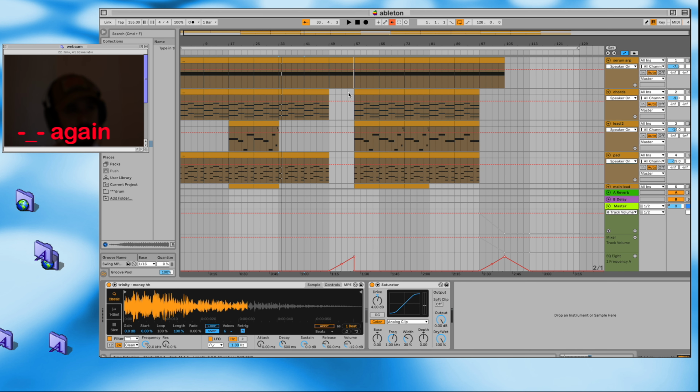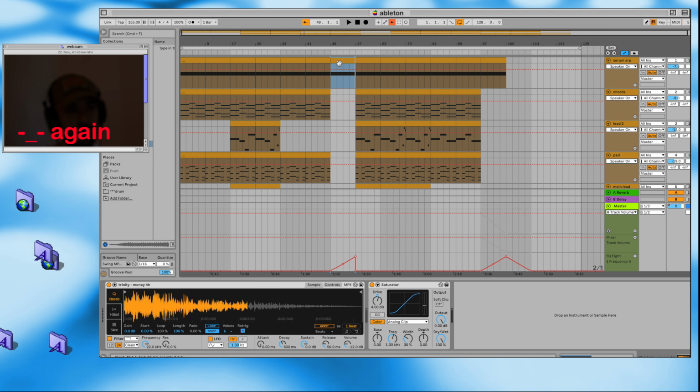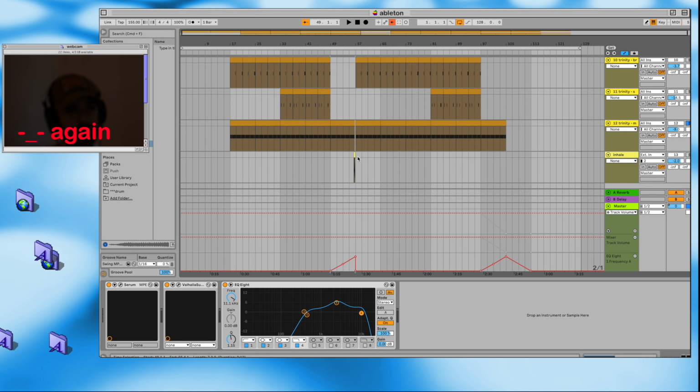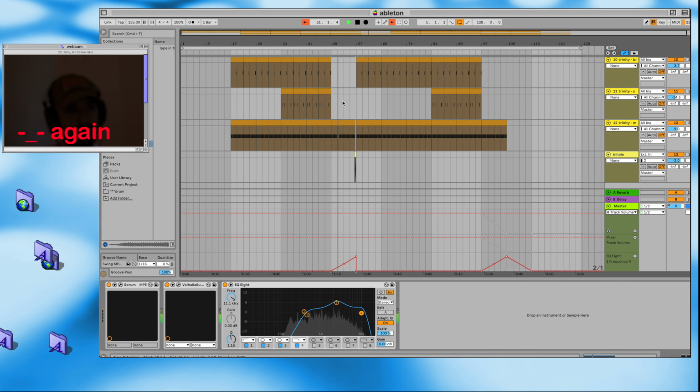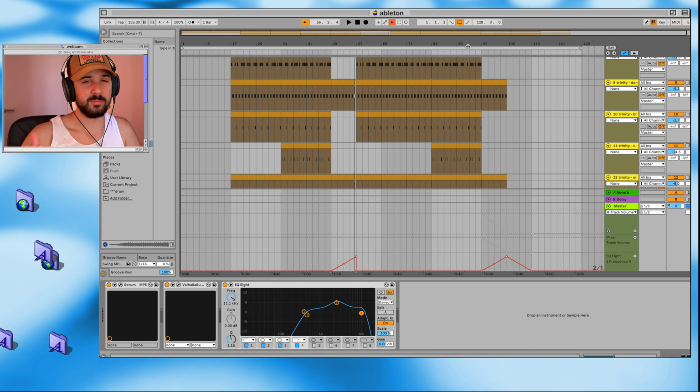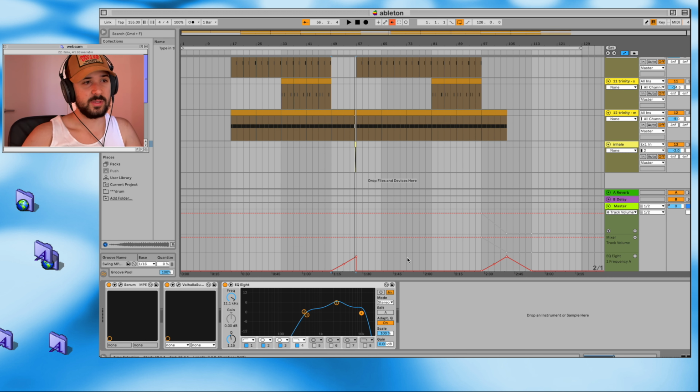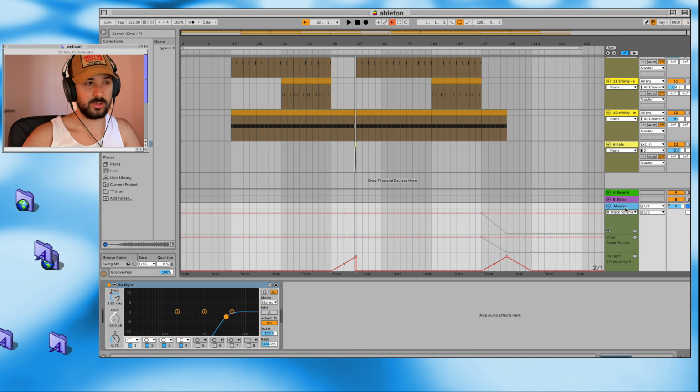The lead up to the second hook, I have a filtered EQ going on, so this sound here just so it brings that tension to the beat before it drops again. To achieve this in Ableton, what you do is you can open up a master channel if you want, or any channel really, add an EQ, adjust it to the level where you want the last second to be,